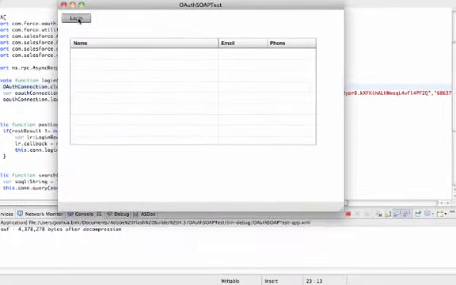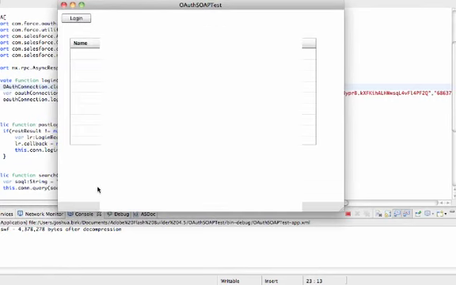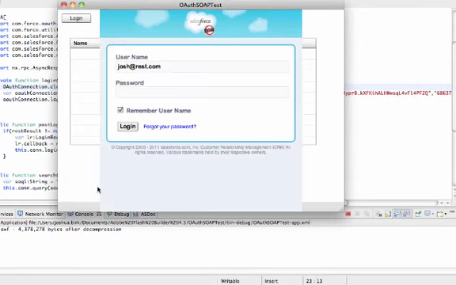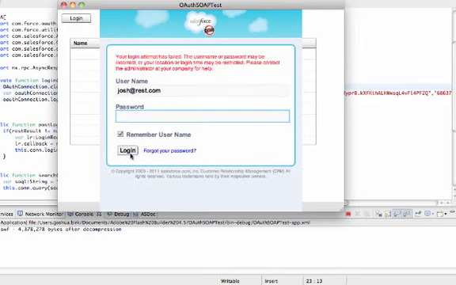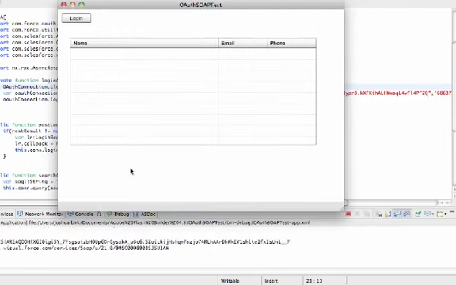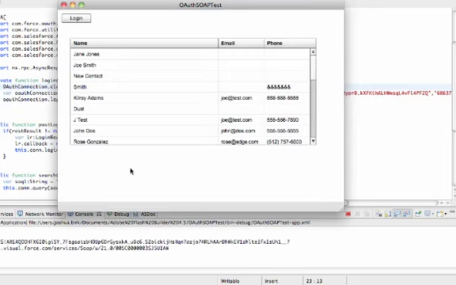And since we don't have any stored tokens, for the first time what's going to happen when I hit login is that it's going to pull up this HTML loader view so that I can go ahead and log into the OAuth screen. Now normally there'd also be a confirmation screen to make sure that I know which application I'm giving permission to and everything. But I've already given that permission, so it's actually just going to go ahead and give me all the tokens